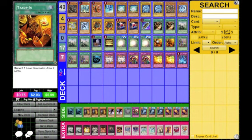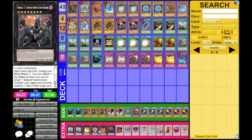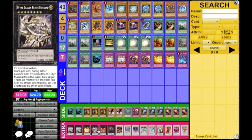What I'm looking at with Lisgathe's deck is that this one was not made for the mirror match. This was made for a much more diverse format. Since you see that he's got the Skill Drains in the main deck, and he doesn't have the Gaia Dragon in the extra deck, which is something that you would want to have against the mirror match. There are just a lot of indications that this guy was not looking for the mirror match, and that did get him to the finals, but when it came to the finals, when he had to face the mirror match,